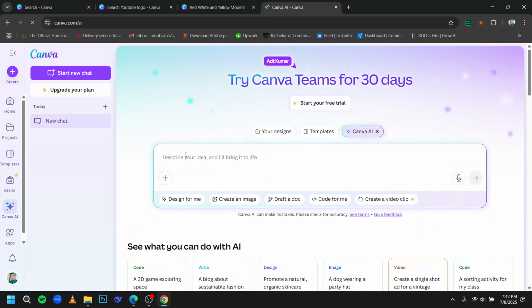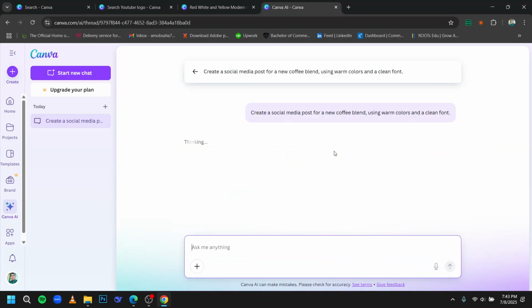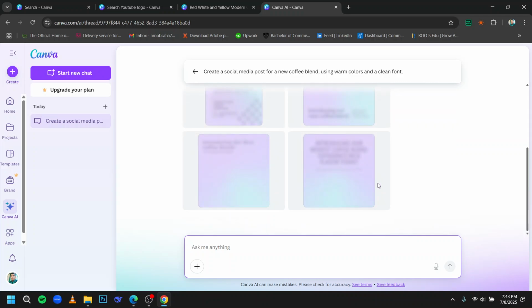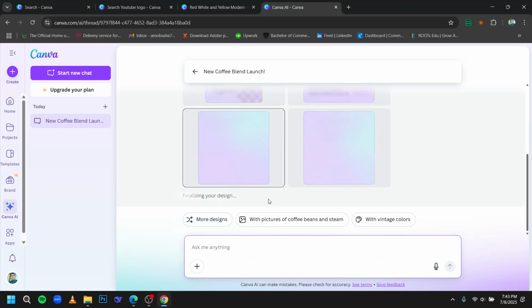Here you can just write whatever design you want. Here I have written: create a social media post for a new coffee blend using warm colors and a clean font. Then you have to click on submit, and then wait a few seconds until it gets started. For example, here you can see that it is generating some ideas. It will take some time to generate the design. Let's wait, and here you can see the design is processing, finalizing your design. And let's wait,